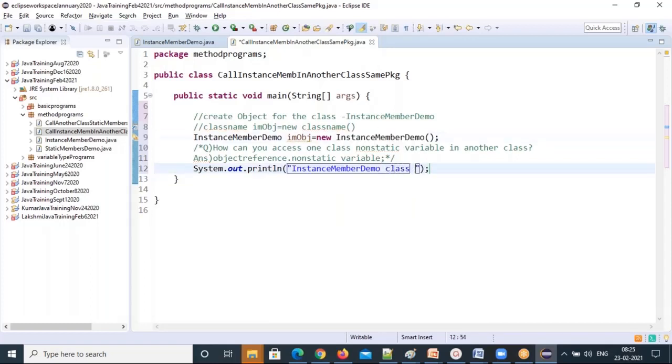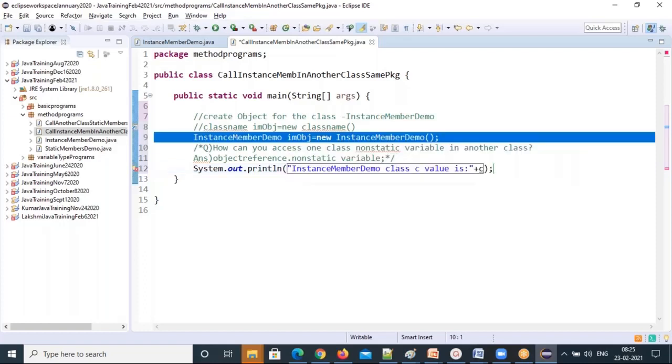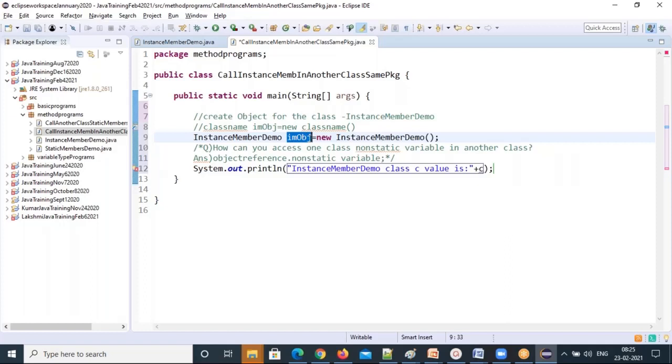InstanceMemberDemo class, C value. So how can I call it? Shall I call C directly? It will throw an error: cannot be resolved. So we have to use the object reference. Without an object reference, that's not possible at all. Even with the class name you cannot call it.